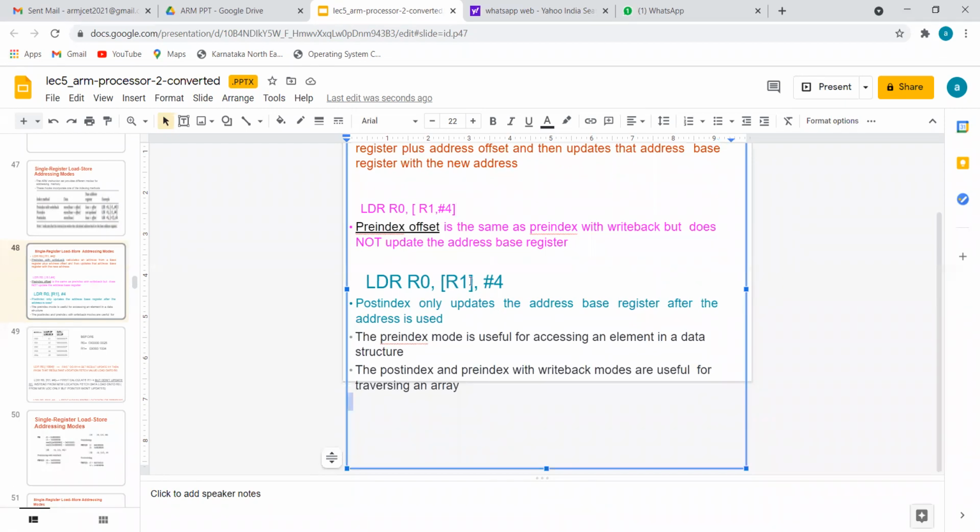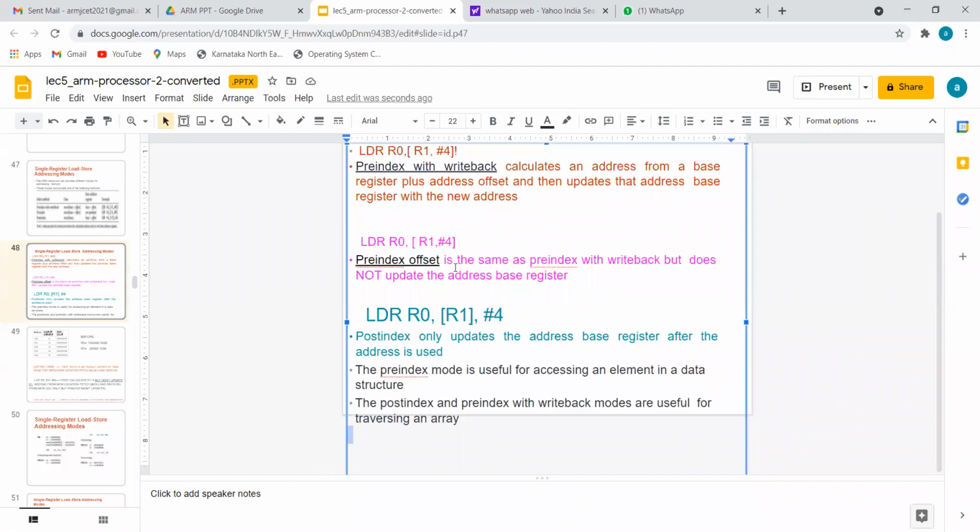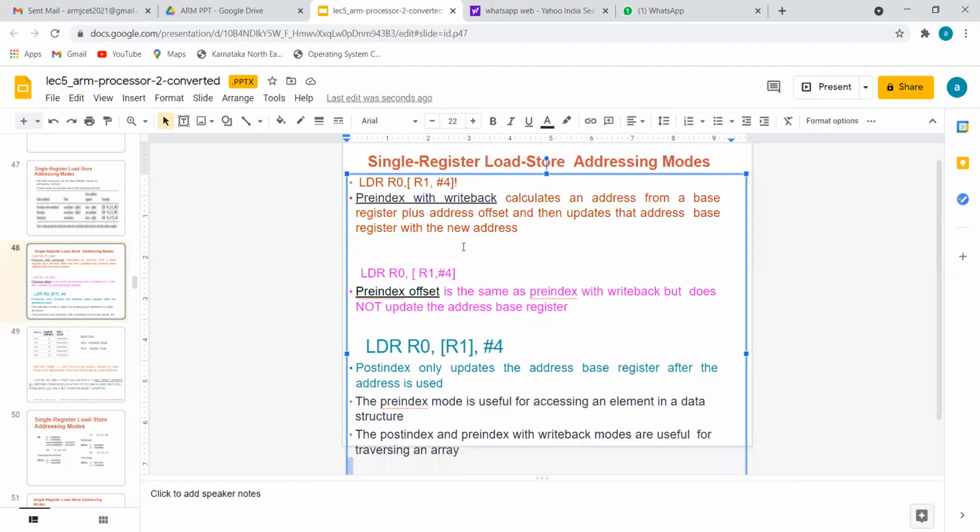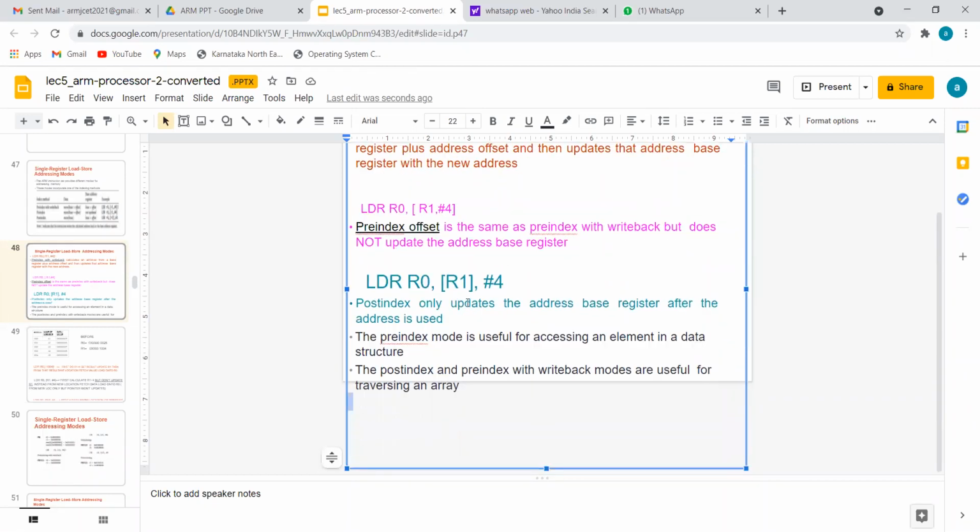Finally, we have post index. Post index means the hash number will be outside the bracket, and there won't be an exclamation mark, unlike pre-index offset. How to do it now? Take the value identified by the memory location of the present R1 value and load it onto R0. Once the load is done, then you go for plus 4.